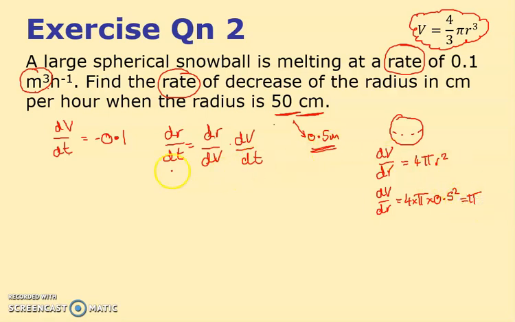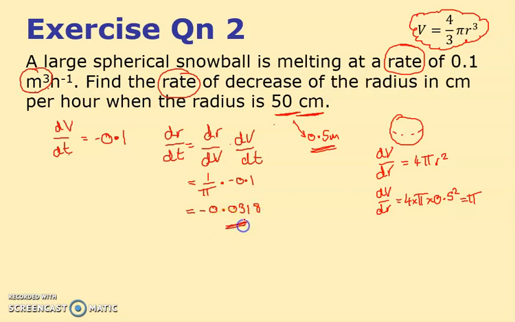And therefore, notice that's dV by dr, I want dr by dV, so it's 1 over pi. And it's times by the dV by dt, which they told me, which is minus 0.1. So it's minus 0.1 times 1 over pi. And I get negative